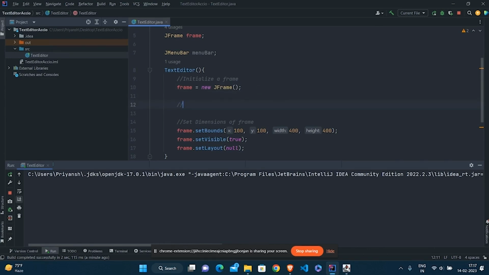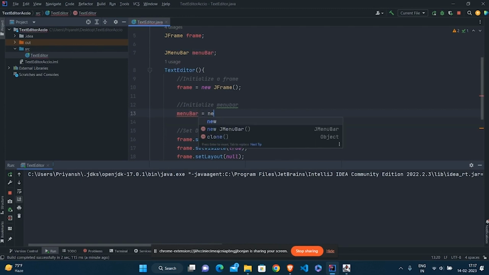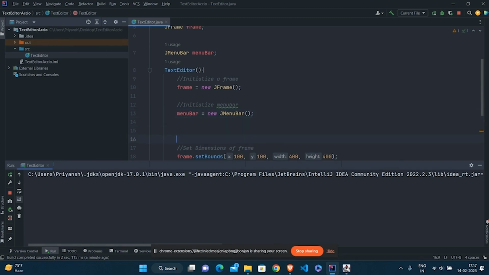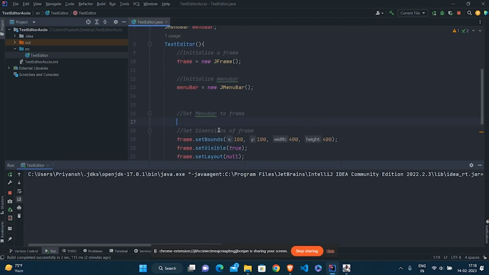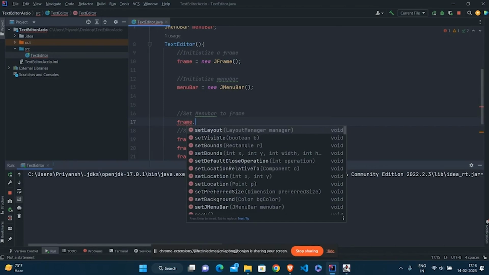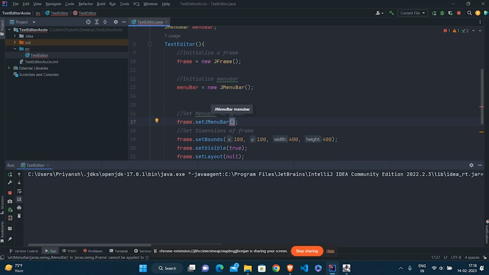So I'm going to initialize menuBar: menuBar equals new JMenuBar. I've just initialized this JMenuBar, and what I need to do here is set the menu bar to the frame. We are not just directly editing it. There's a function inside the JFrame class, setJMenuBar, in which we can directly set the menu bar here.